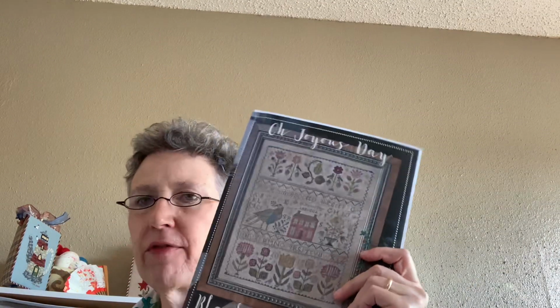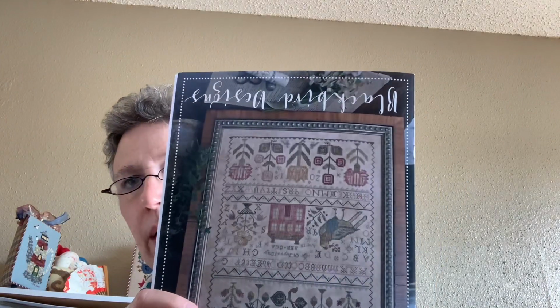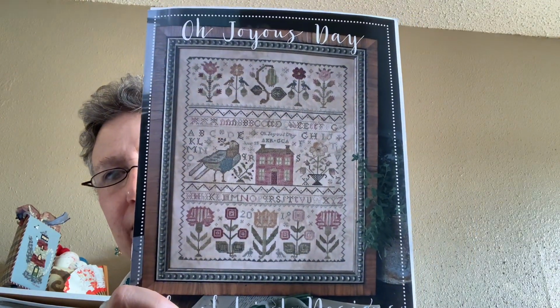I did want to come back to Oh Joyous Day. This is the one that I'm working on right now. Did I show it? No, I didn't show it. I showed it last time. No, I did not show this one. So this is Blackbird Designs, Oh Joyous Day. And I picked this up yesterday evening after I'd put some work into the Bristol sampler,